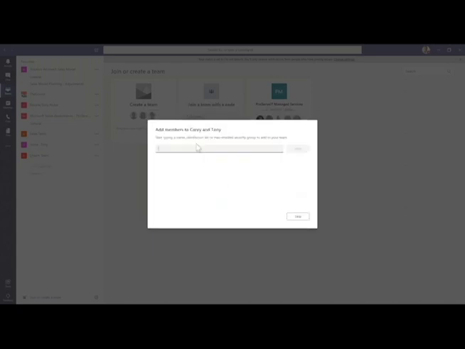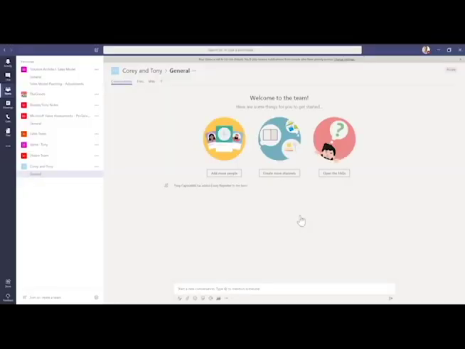So it'll create the team, and now I can start adding members as I like. And you notice as I start typing Corey's name pops up. Add. And now he's a member. So just like that, a new team is being created, and now we can start sharing files, having our own conversations back and forth, etc.